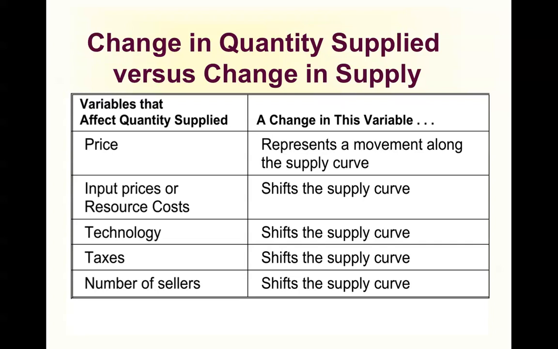Sales taxes would be examples of this. Hawaii has the general excise tax, an example of this. Lots of examples of taxes. Number of sellers, if there are more sellers, more supply, shifts right. Fewer sellers, less supply, shifts left. And I believe this is going to end section 3 of